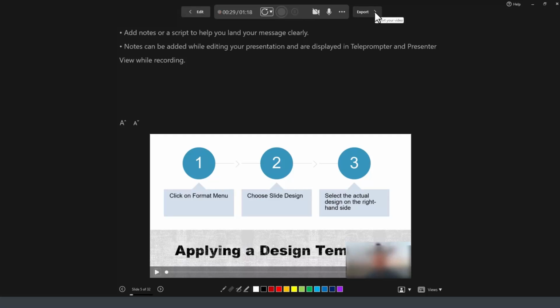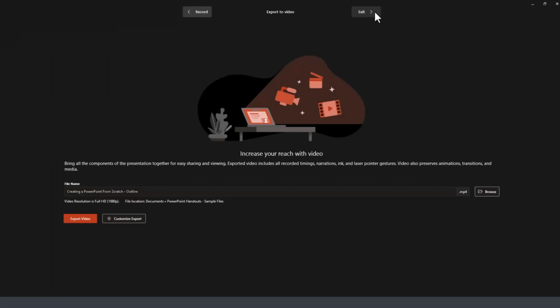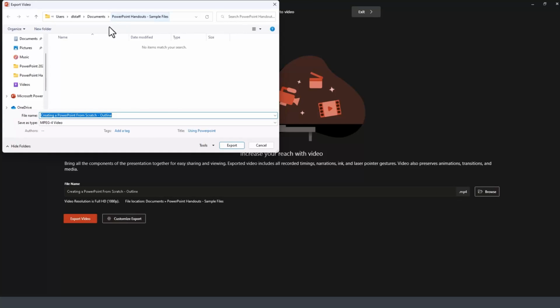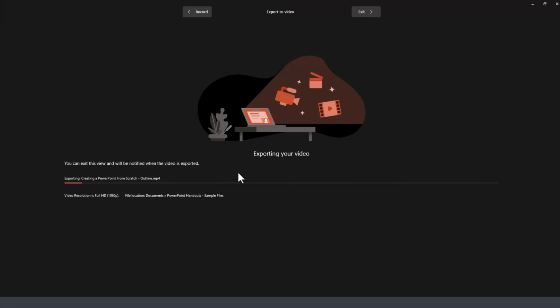And then we could even export this to a video if we chose to. So if we want to export this to an MP4 video, it's going to choose to save this. We can pick a location for it. So it's going to put it under the same folder as our PowerPoint. We click here on Export. So now it's converting this into an MP4 file. It'll be a video file. And this is a new feature, both the teleprompter view, it's a new feature in the PowerPoint 2021 for Microsoft